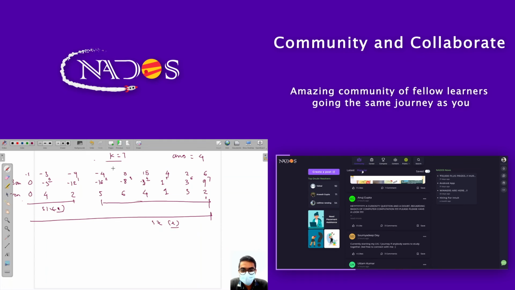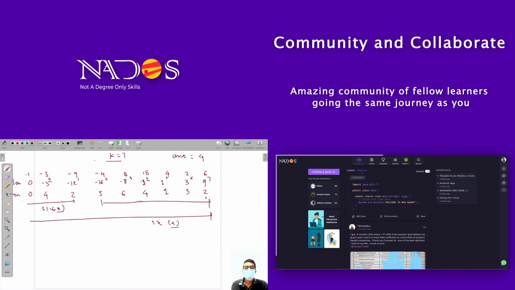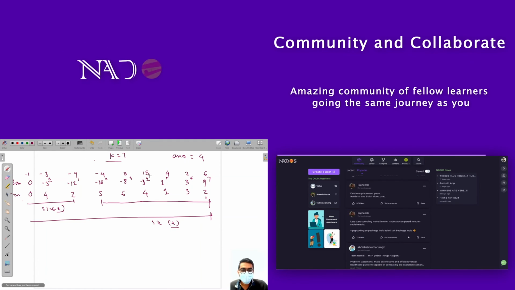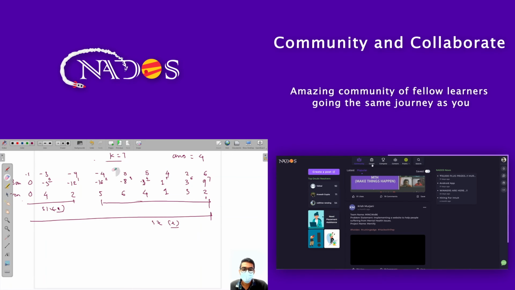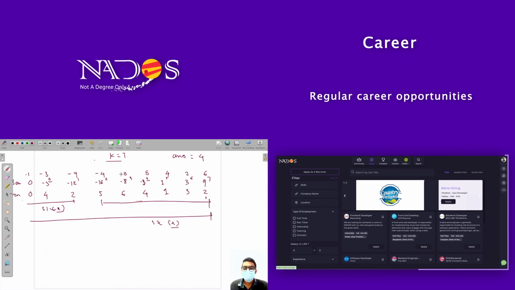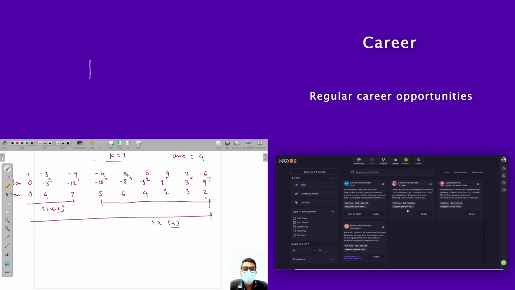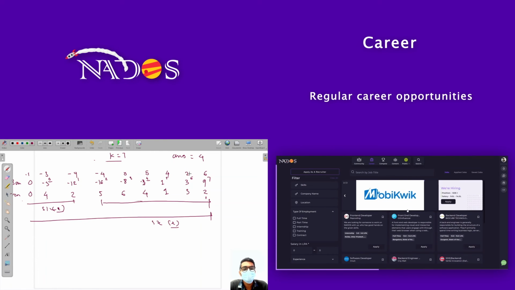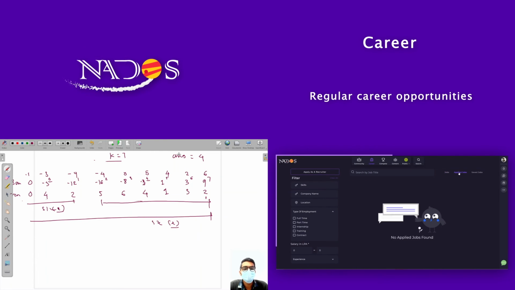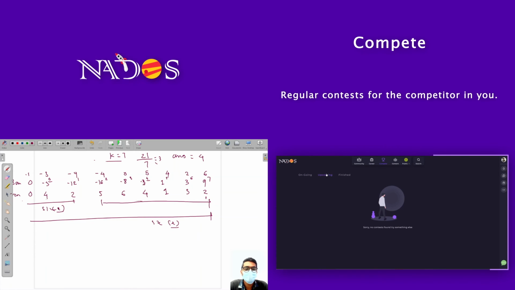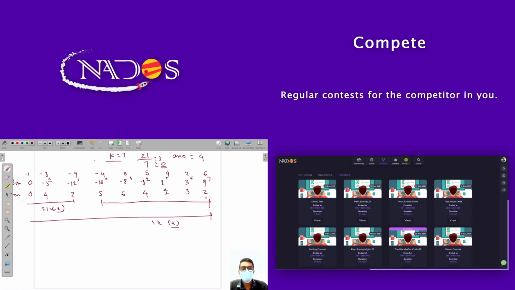So minus 4 plus 8 plus 4 plus 5, it is 5, not 50. Okay, so plus 4 plus 5, 9 plus 4, 13 plus 2, 15 plus 6, 21. So 21 divided by 7 is equal to 3, and the remainder we got is 0. So when we are